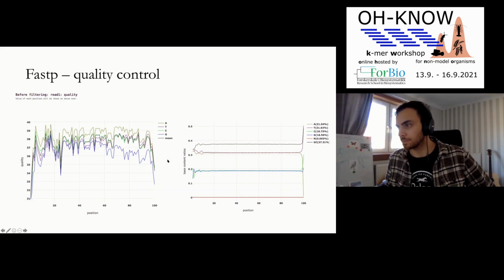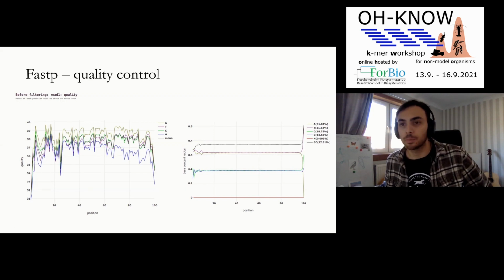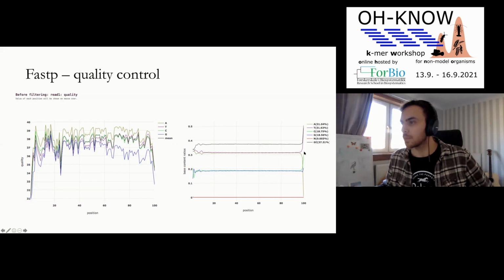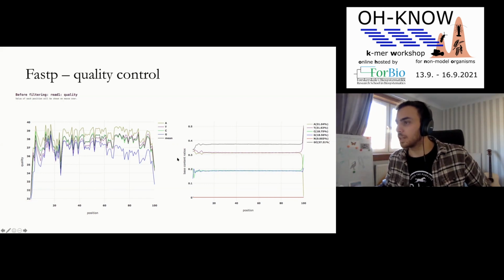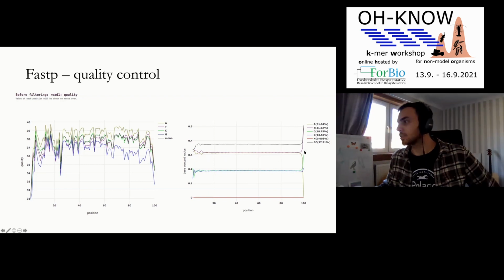It will also show you a graph like this, which shows, along the position of the read, whether you have a bias in the base content. This comes back to what I was saying about this G issue based on the two-channel chemistry from Illumina. If this G issue applies to you, you'll see a massive increase in the number of Gs called at the end of a read. Obviously this difference here is GC bias, which is what causes the two, but at the end, you see they all start going a bit crazy.